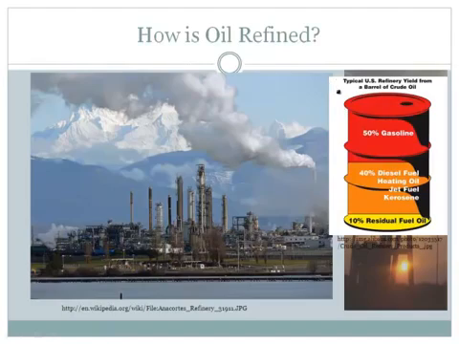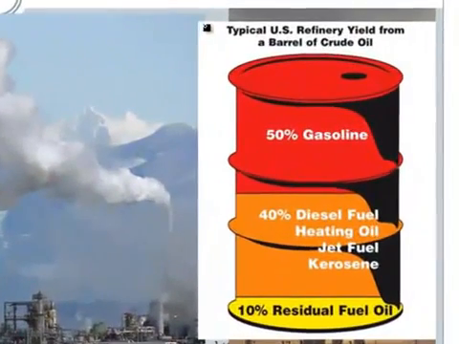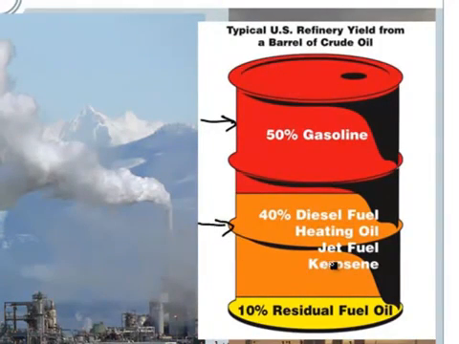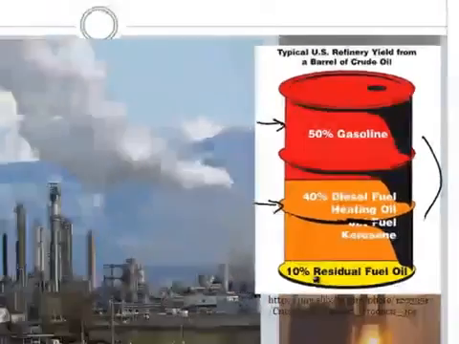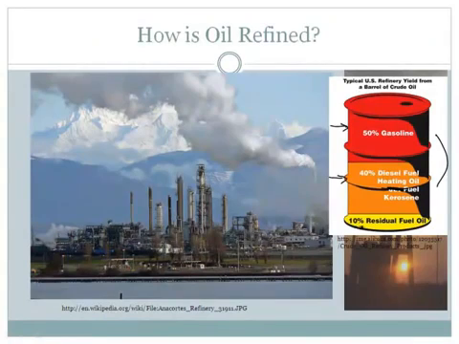Now, I want to talk about this later, but oil is used for so many things. Of crude oil, about half is gasoline, and 40% is diesel fuel, heating oil, jet fuel, and kerosene. So 90% of it is used for burning and for transportation type things, and heating oil. And then 10% for other things, like residual fuel oil. They'll use it for lots of other things. Plastics are made out of oil, so